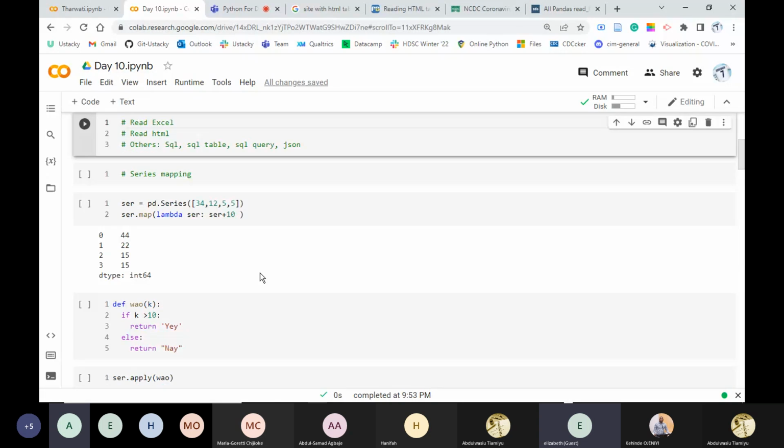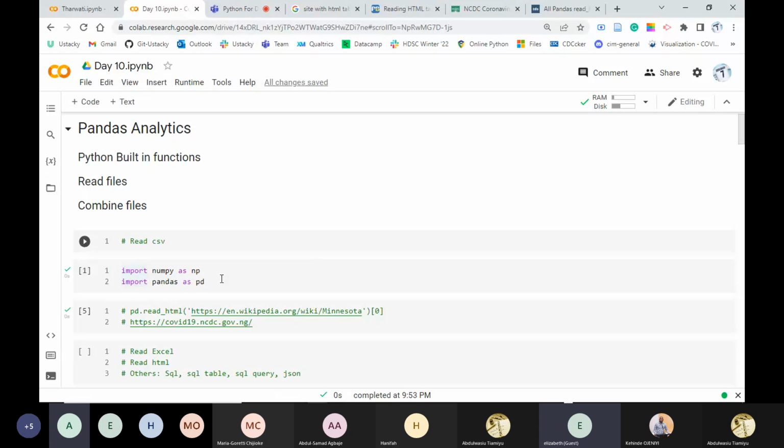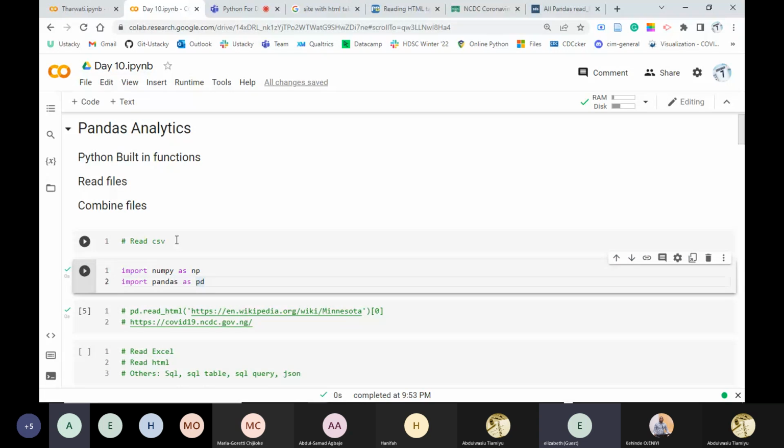One of the built-in functions is the first thing where you want to